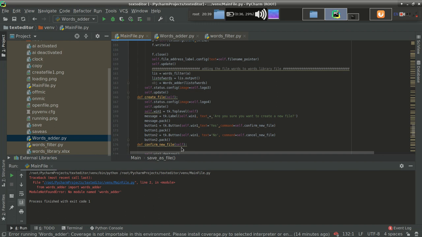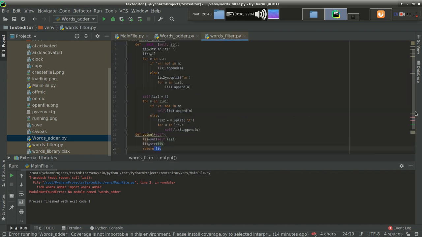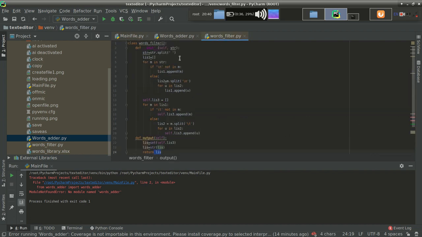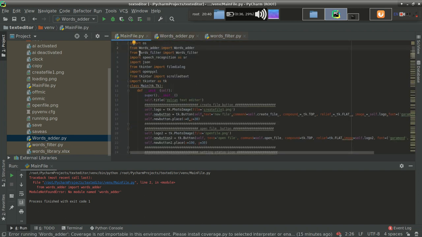Yeah, the fault is here: in words adder the W is capital, and again here the W is capital, and for words filter the W is small. That is our mistake.